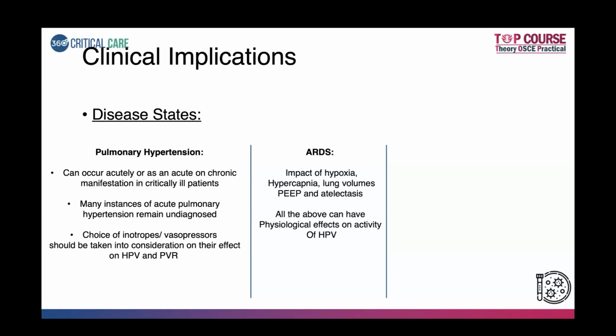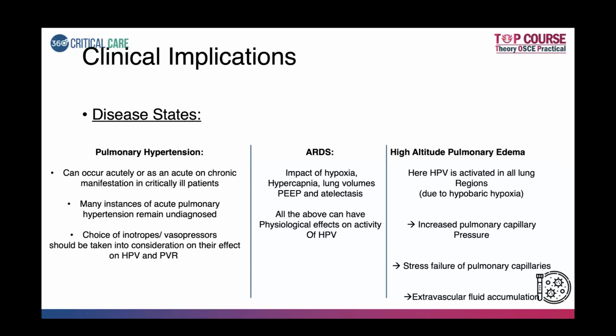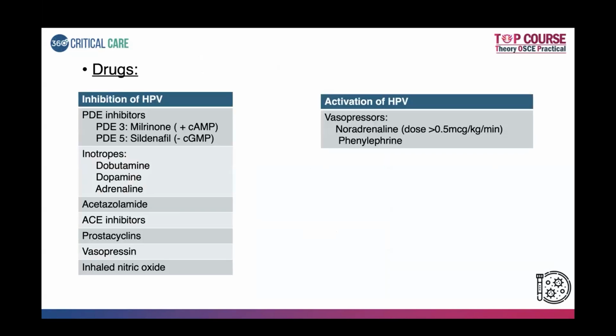With regard to ARDS, the impact of hypoxia, hypercapnia, lung volumes, PEEP, and atelectasis, all these can have activity on the HPV as a whole. And with regard to high altitude pulmonary edema, here HPV is activated in all lung regions due to hypobaric hypoxia. That causes an increase in the pulmonary capillary pressure, leading to stress failure of the pulmonary capillaries, leading to extravascular fluid accumulation. Drugs associated with inhibition of HPV can be through the phosphodiesterase inhibitors like